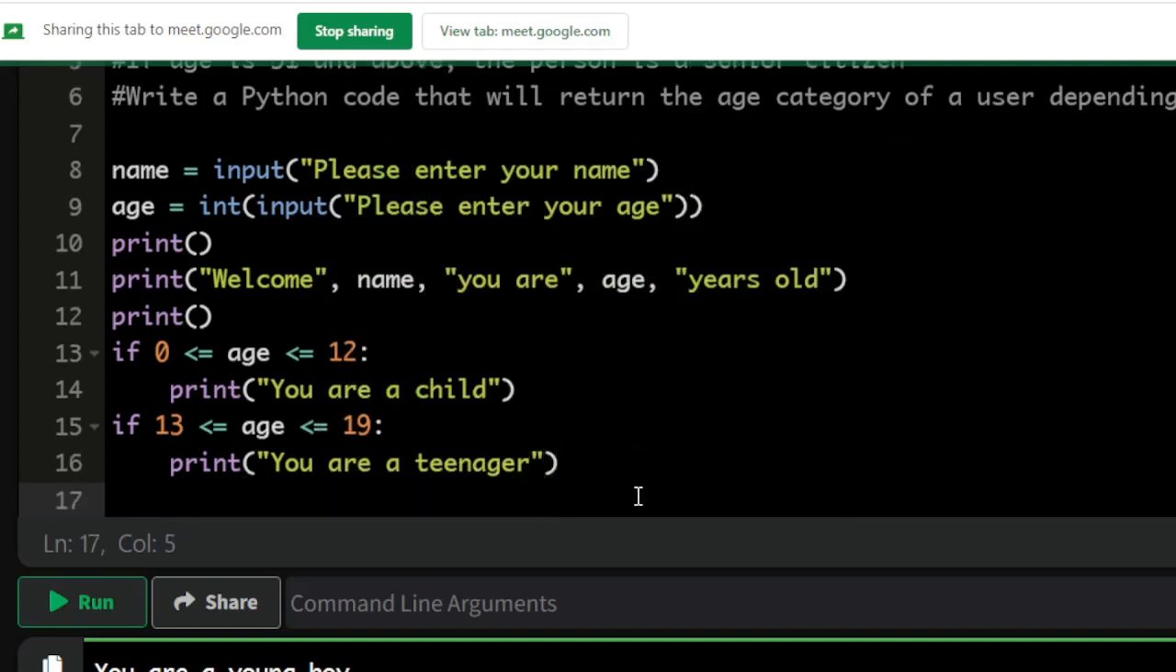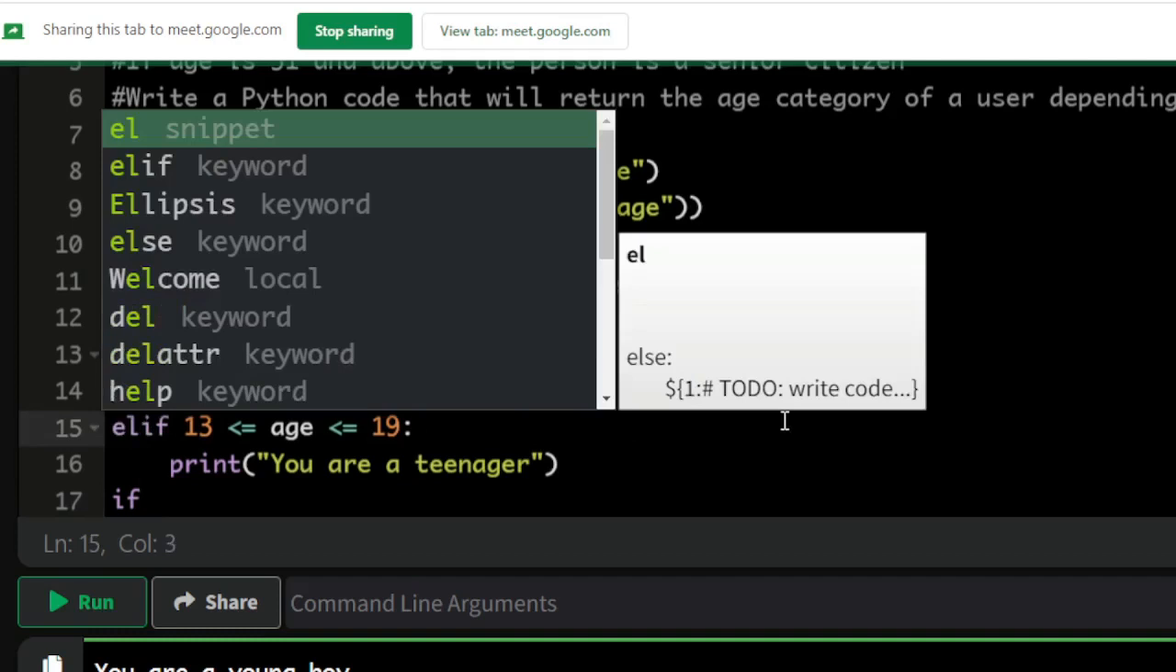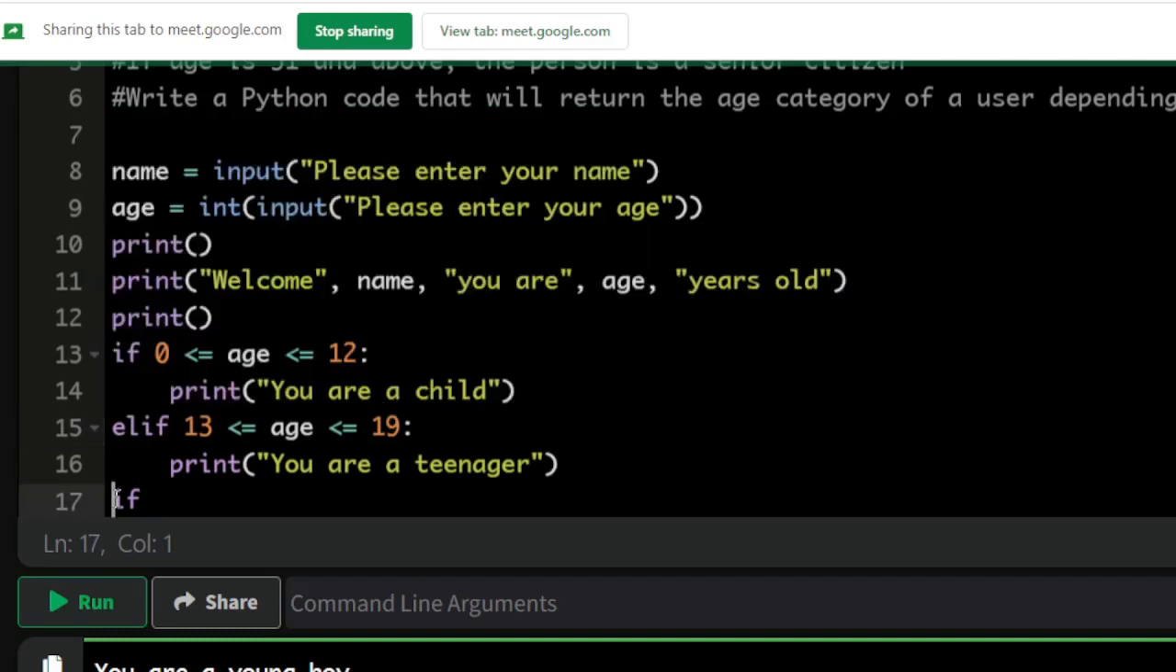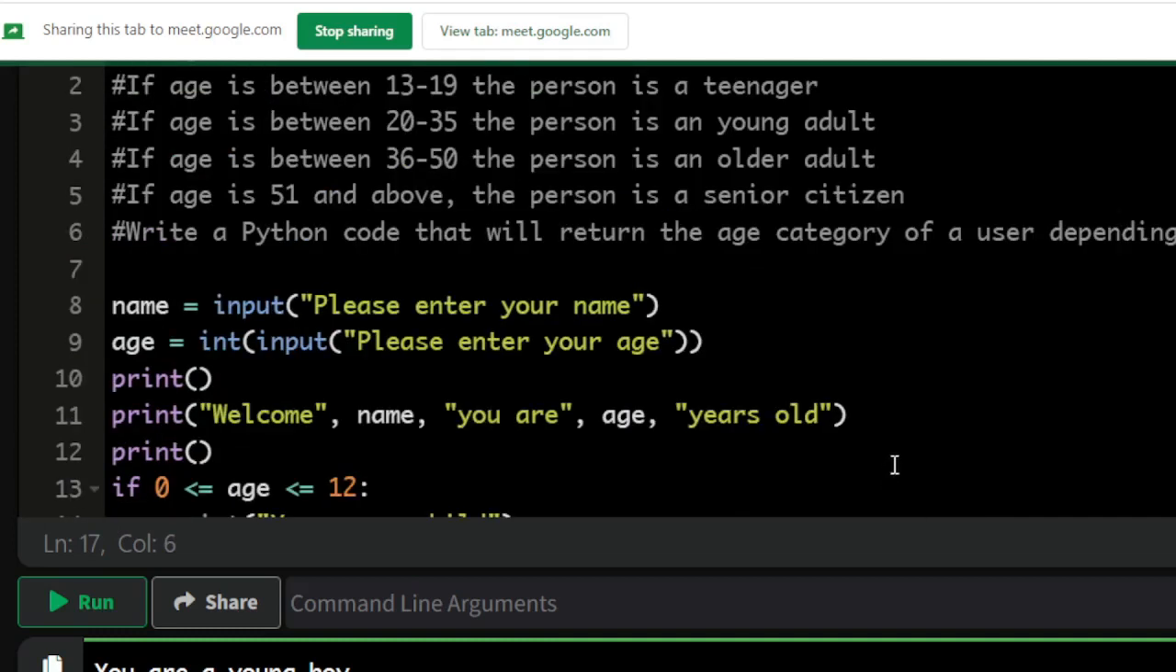All right, then you can do another one again. Oh, sorry, this one is going to be elif. You only have one if. Elif, yes. Sorry, this one is elif. So elif, you have